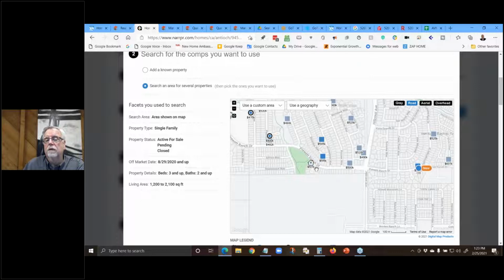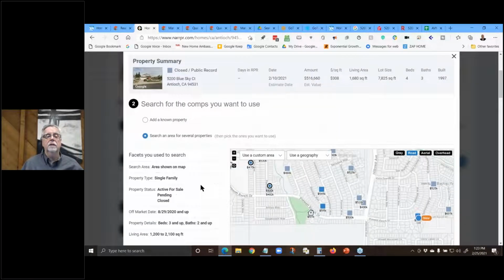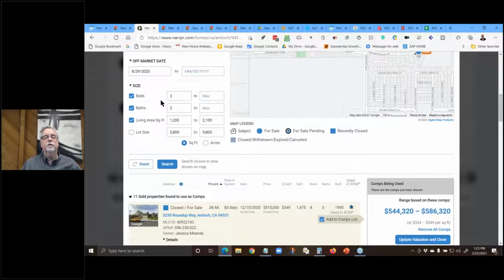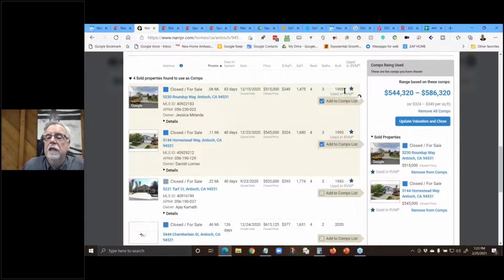I would have to look at where the proximity is to the street. Notice I don't see anything in this area that is... this one's a 3-2, so I would tend not to use that. Here, let me modify the search. We would really like to just see the ones that are here. Okay. Now see these little blue things? That shows me that these properties were used in the realtor's valuation